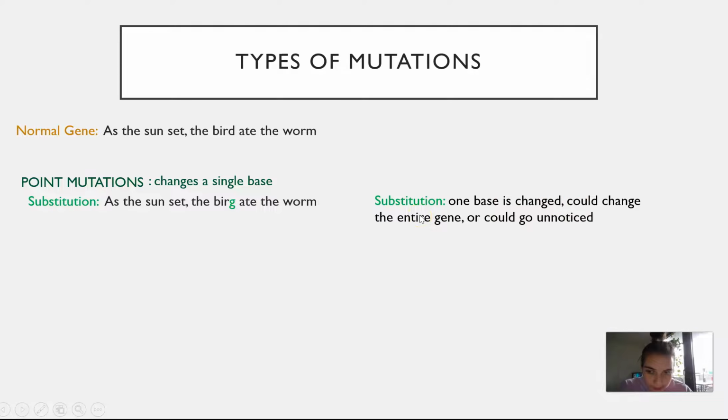And it can change the entire gene. If you really look at it, the gene is different, right? Because the bird ate the worm instead of the bird. But it could also go unnoticed. So a substitution can sometimes not be horrible and cause this life-changing mutation because it doesn't actually change the amino